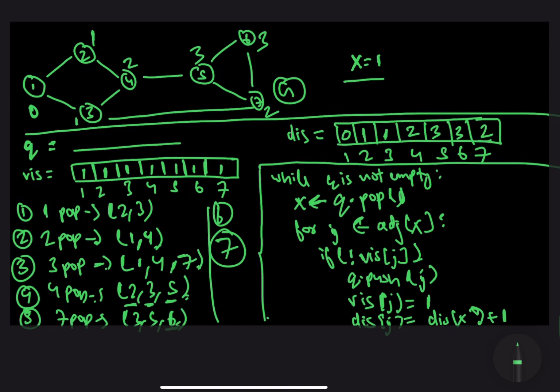All right, and you can verify that this entire distance that we computed over here is indeed correct. And this is how a breadth first search algorithm is used to compute shortest path in an unweighted graph. So in the coming videos, we will have a look at how to actually code this up. All right, and coming to the time complexity of this algorithm, it's O of V plus E, where V is the number of vertices and E is the number of edges.